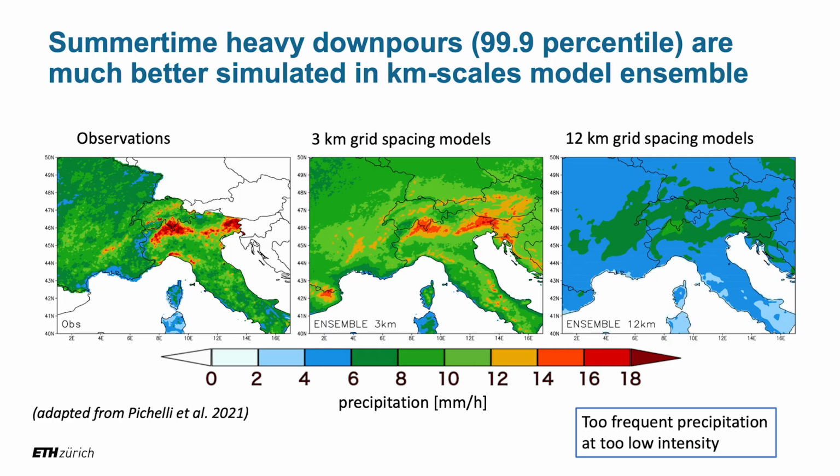The reason why this is happening is basically the way we simulate deep convective clouds. If you think about a typical climate model that we use in CMIP, for instance, you have a whole population of clouds within one grid cell. If you assume the grid cell is 100 kilometers, you have to parameterize the clouds. So you basically have to use a statistical model that's connected to some variables that are resolved on your grid to estimate what the clouds would do within the grid cell.